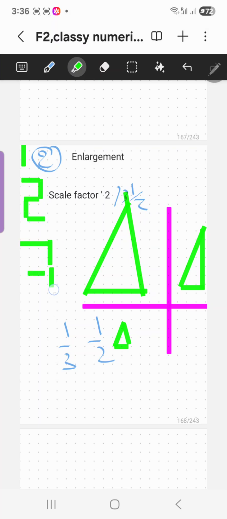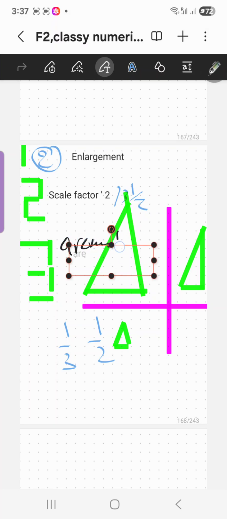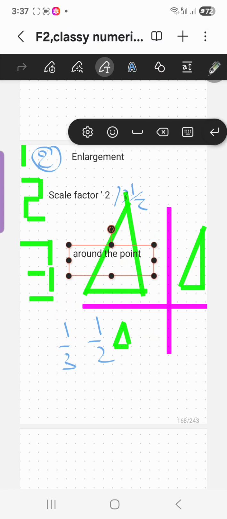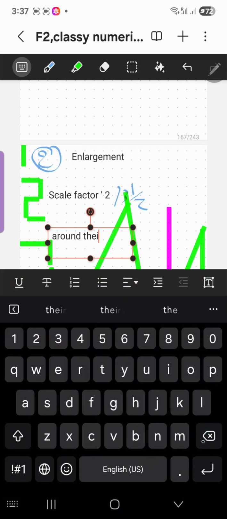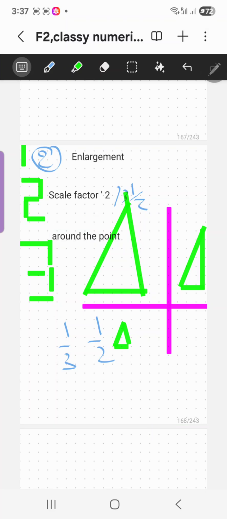How about the third mark? The third mark, around which point? We have to know around which point it has been enlarged. Around the point. All this we're going to explain clearly, but I just give you the hint how to answer this question. Here we say around which point it has been rotated. That is the second from the RETRO, okay? The third from the RETRO here, we say